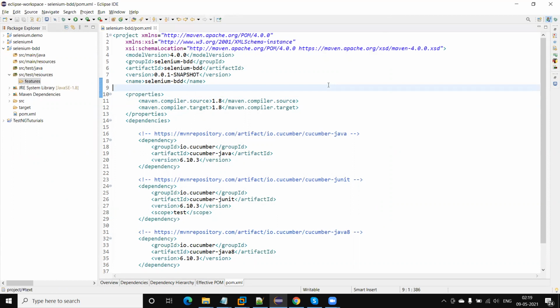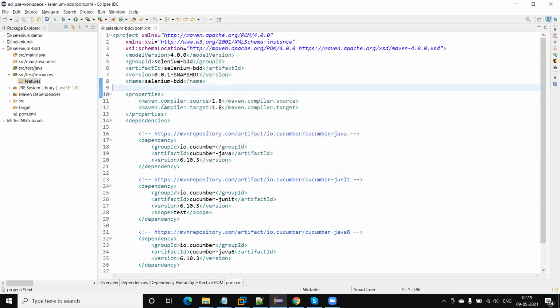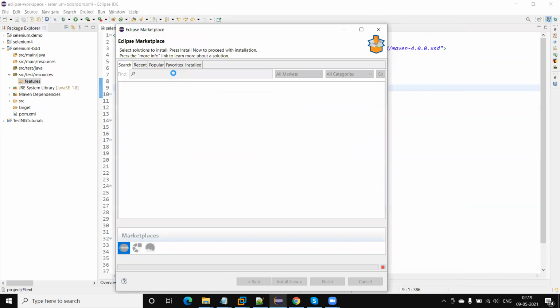How do you know the Cucumber plugin is installed or not? So go to Help here. Okay, open the Eclipse Marketplace. Click on this. Okay, this will open the Eclipse Marketplace. Okay, here I will search Cucumber plugin.